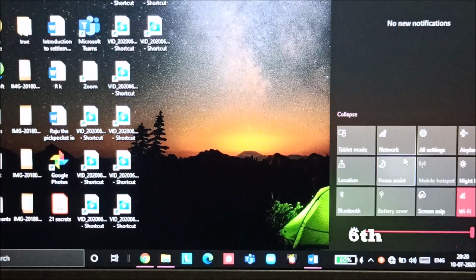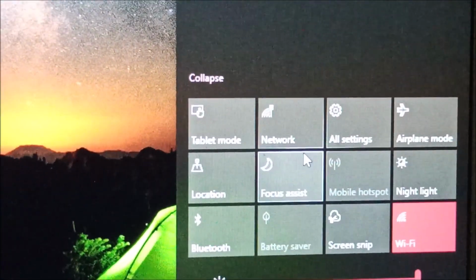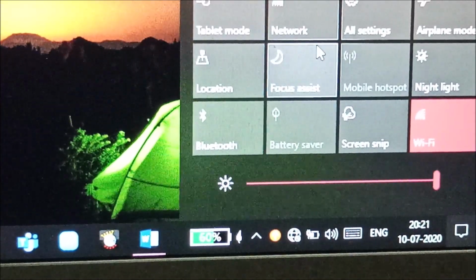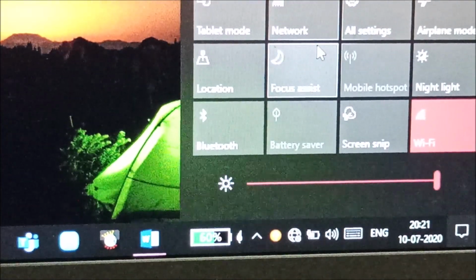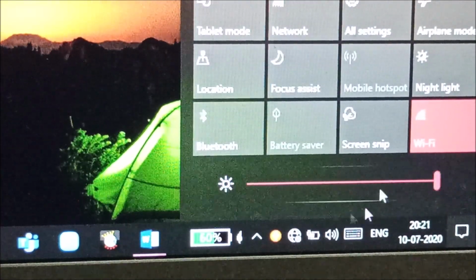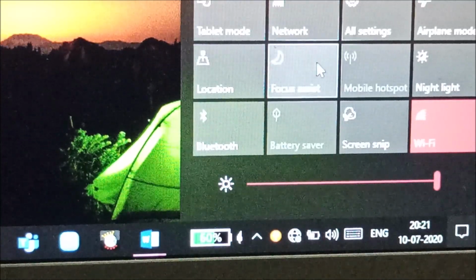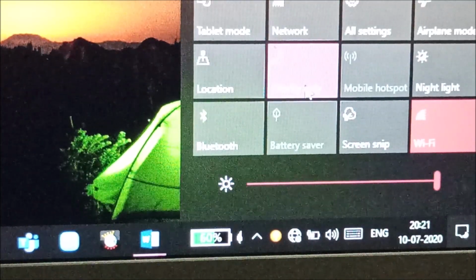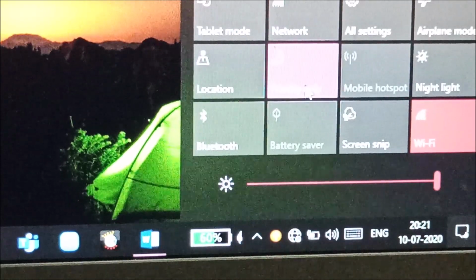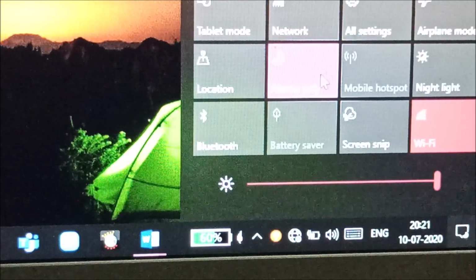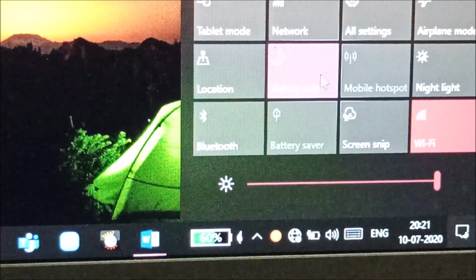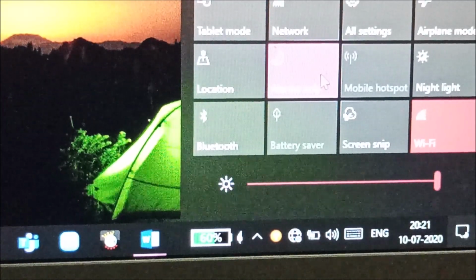You are busy doing some work and you don't want to get distracted, so I have got something for you. When you go from this notification bar, you will find many options available, and in this there is an option available for focus assist. In this you can either set priority only, in which you will only get important messages, and alarm only, in which only alarms will be audible, other things will be blocked.